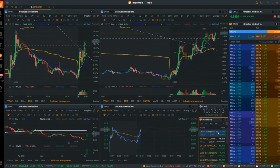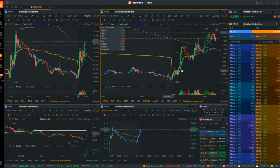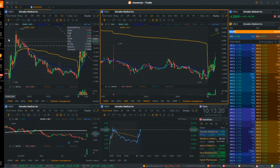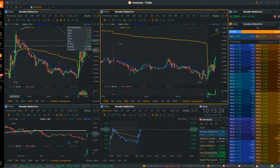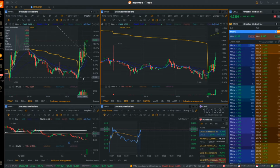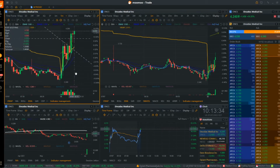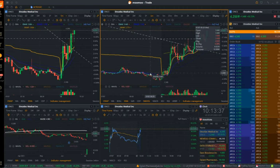Second is ONCS. This is probably the only trade I took today. So into the open pre-market, I didn't really watch it. However, most stocks are like this, gap up on maybe a 1-minute candle. Then it just all the way got down. So that was just how it is. So into the open, it did go up. However,